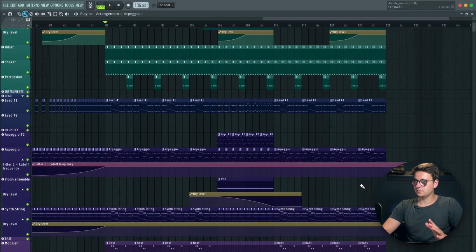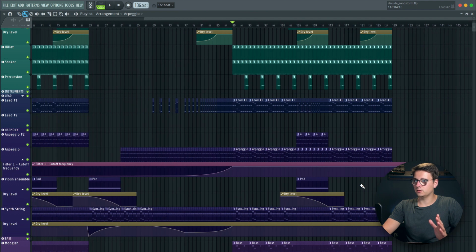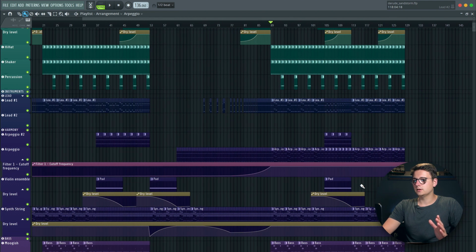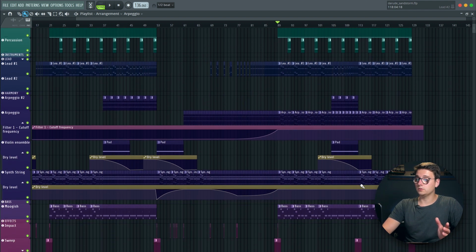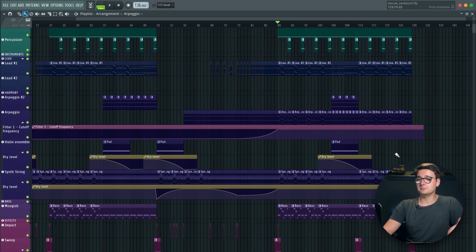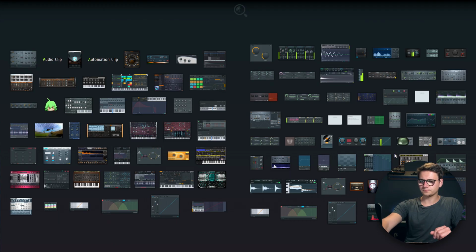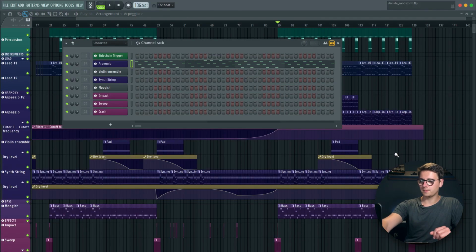Other than that, there isn't a whole lot different. As you can see, there aren't a lot of instruments and sounds involved, but it doesn't take a lot to make a hit sound. And when we take a look at the mixer,